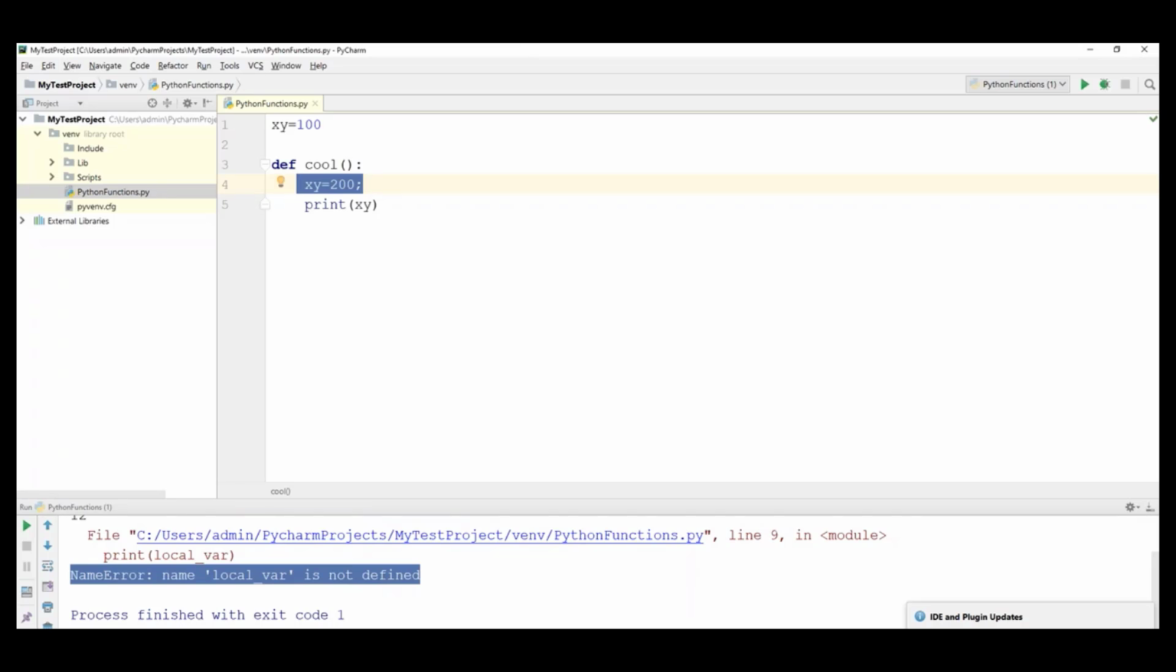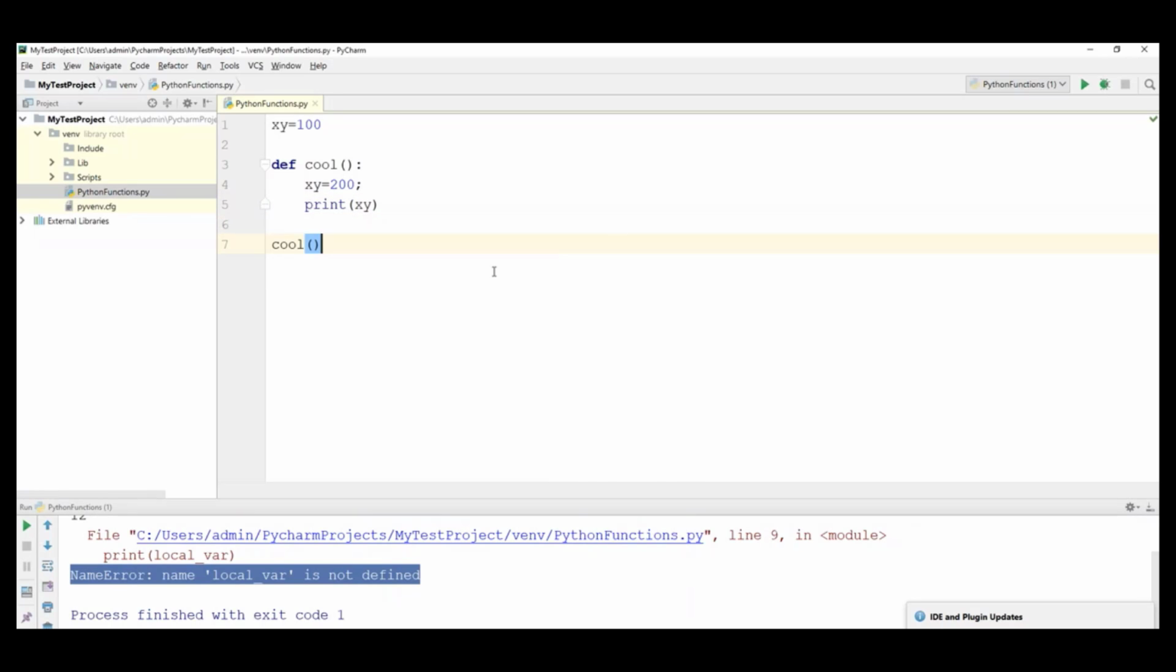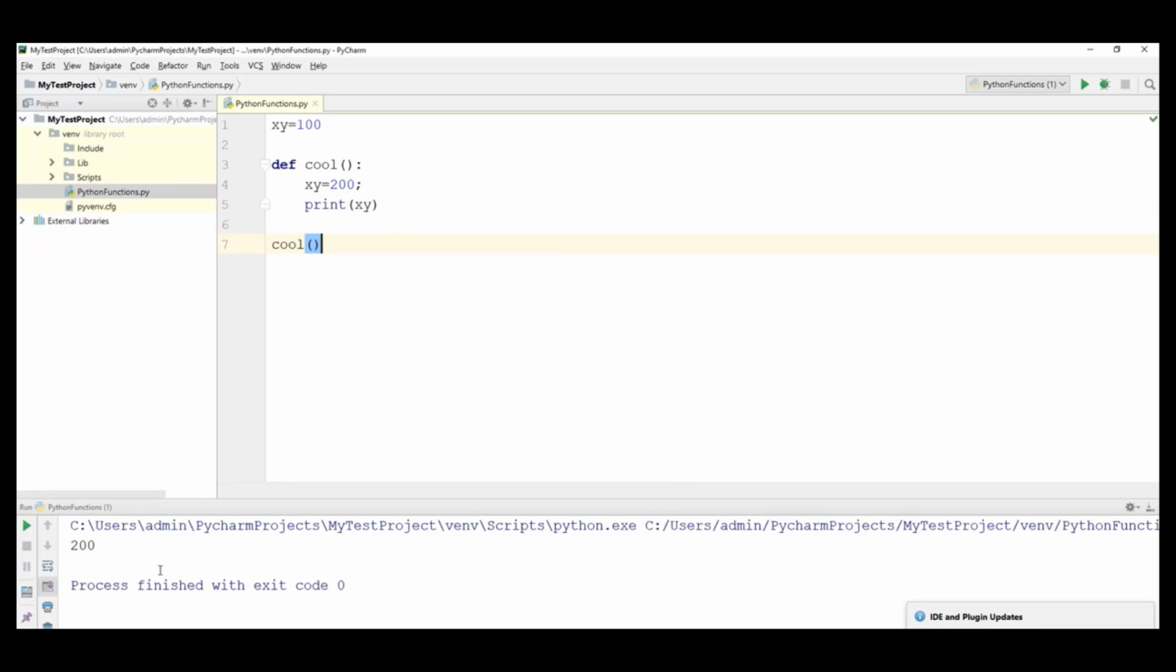So xy inside the function is totally different from xy outside of the function. Outside the function, xy will be treated as a global variable, and inside the function, xy will be treated as a local variable. Now let us see, when I call this function, now run this function,